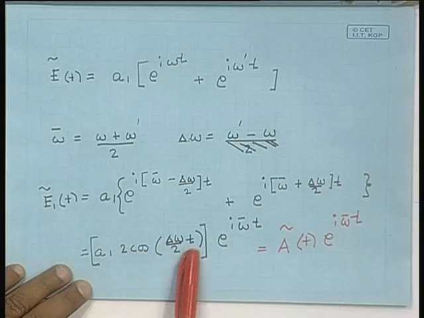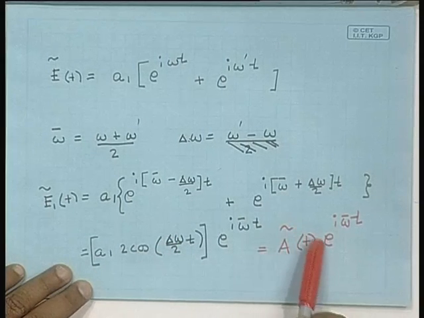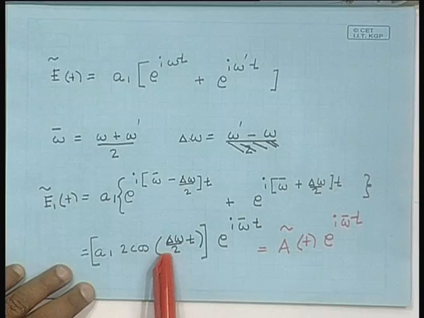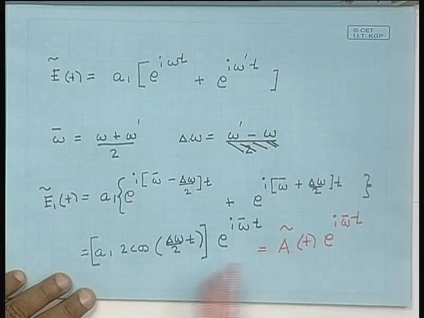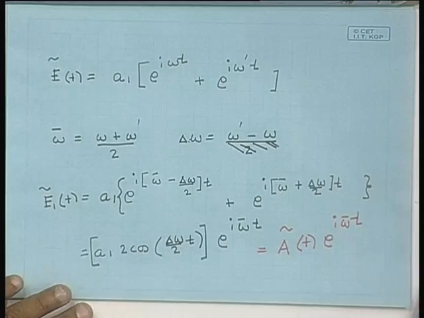omega by 2 t. So, the amplitude itself does oscillations with angular frequency delta omega by 2, which is very small. So, it changes very slowly with time. So, this is what we learned if we have a superposition of waves of two frequencies. If I have a wave that has two frequency components, then we can think of it as doing fast oscillations at the average frequency, and the amplitude of that fast oscillation changing slowly with time, and the amplitude changes with angular frequency delta omega by 2,